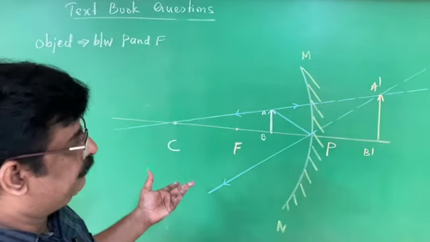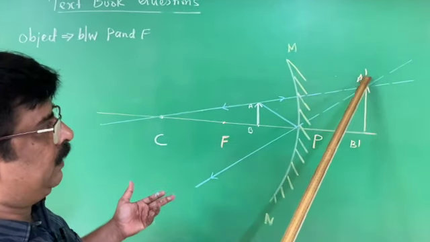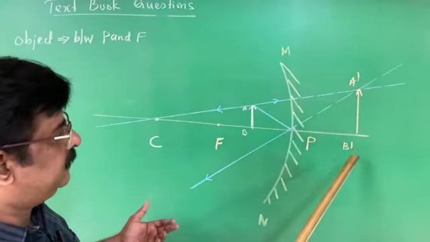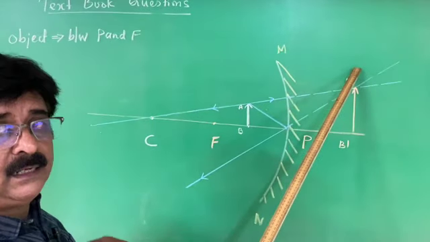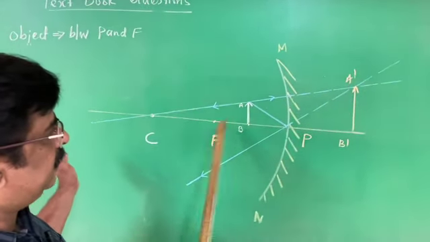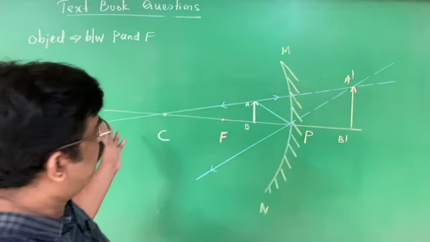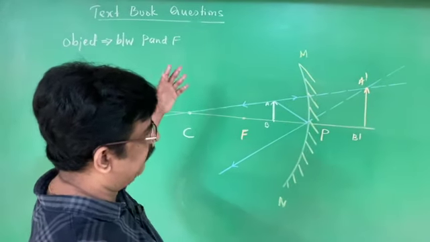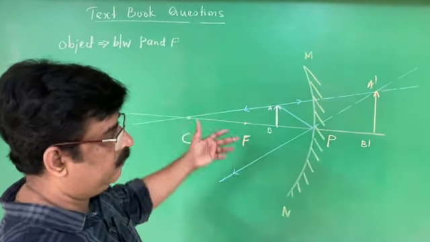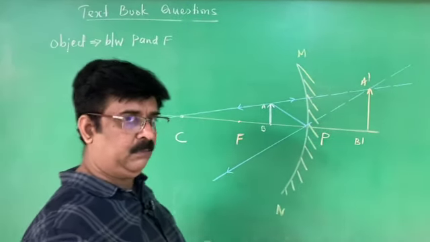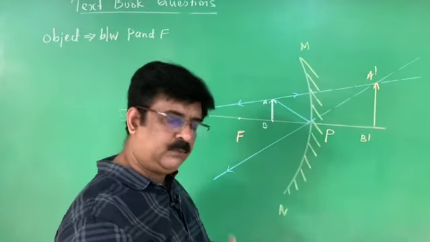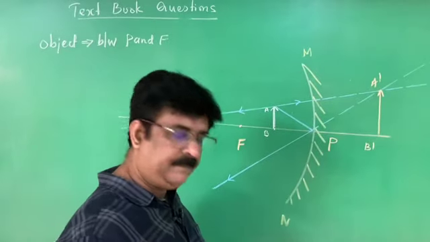The second question is, what is the nature of the image? It is virtual, it is erect. And is it smaller or bigger? Bigger, larger. Write the ray diagram, I have written the ray diagram. Therefore, the few questions of the exercise I completed. Now the next task is hard problems, nice problems. We are going to solve those problems in the next class.